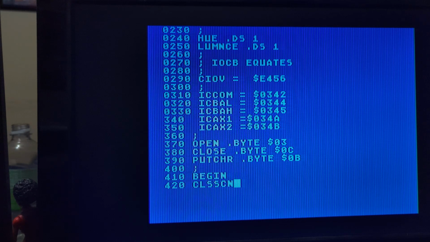All right. Before you open a channel to the screen, you have to close it first because the screen's usually open, right? If you try to open a screen that's already open, you're going to get an error. On the other hand, if you try to close a screen that's already closed, you won't get an error. So it's always okay to close the screen first because closing an already closed screen won't give you an error. So the first thing we have to do is